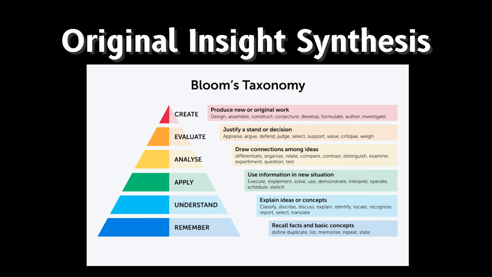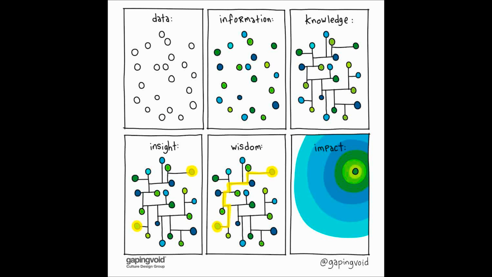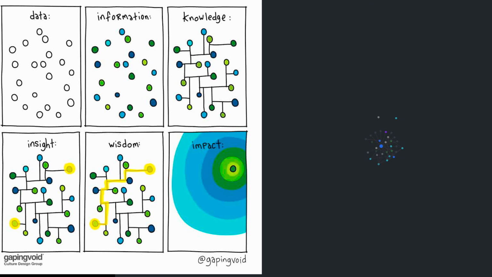The Zettelkasten system also allows for original insight synthesis. I'll map this to Bloom's taxonomy later, which structures a system for original thinking. Using Obsidian in particular allows you to literally map your knowledge, insights, and wisdom. The graph view, the visualization in Obsidian, can be incredibly helpful for making new connections and is a major perk compared to the physical Zettelkasten system.